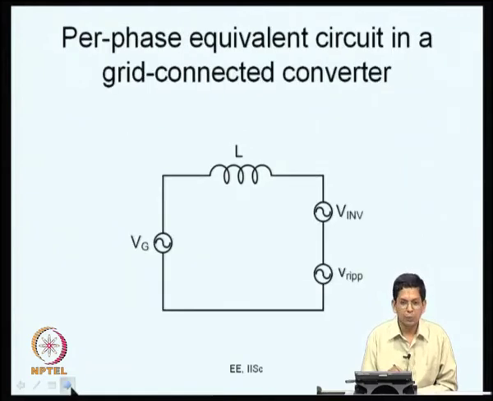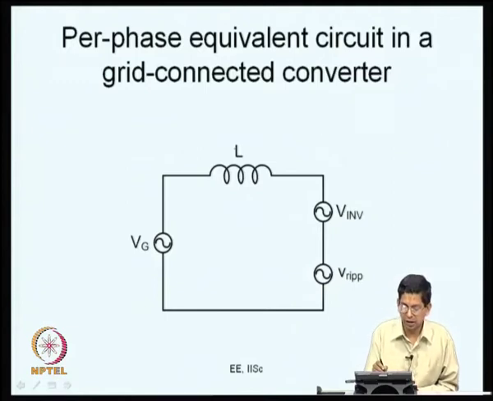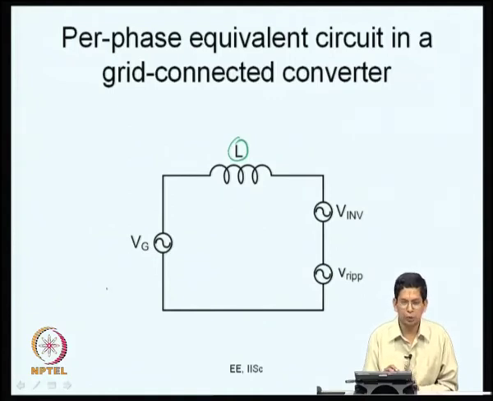Now, an inverter, you can consider a grid connected converter, that is, an inverter is connected to a grid through line inductors, and this is the line inductor L. Now, this is the grid voltage, we can assume it to be sinusoidal, though it is not always so. Grid voltages are distorted and they could be unbalanced, but here let us say for the time being we assume balanced and sinusoidal grid voltages now. So, this Vg is the grid voltage which is sinusoidal.